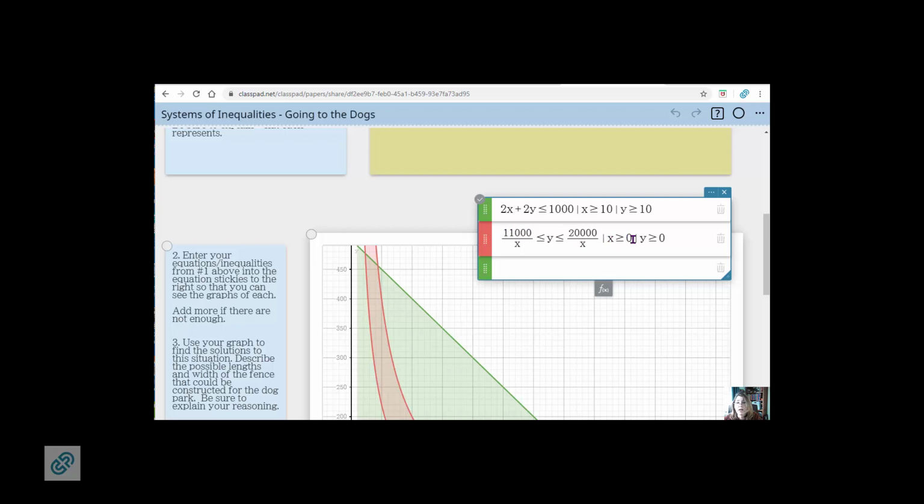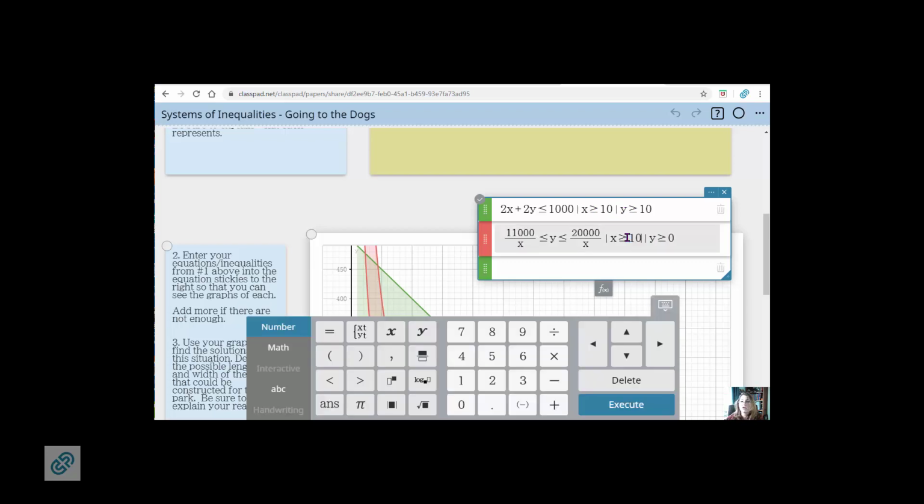And then here's our area, and we obviously are not going to have lengths and widths of 0. That doesn't make any sense. But we also have to keep in mind that this is in increments of 10 as well, so we probably want the same constraints. And as you can see, you can constrain both the domain and range just by using this straight bracket, straight separation tool, and it's also on your keyboard. It's usually above the slanted bracket. That's how you say, okay, I only want to look at values of x that are greater than 10 and values of y that are also greater than 10.